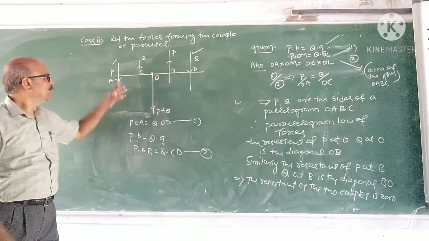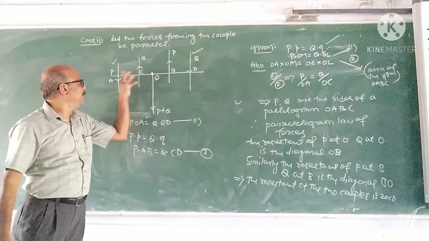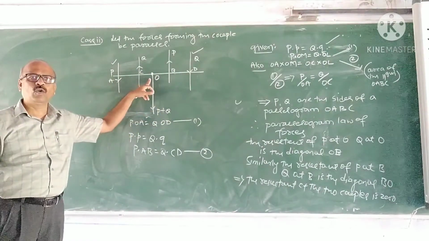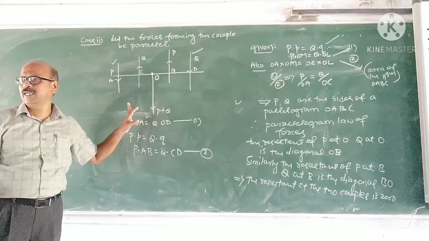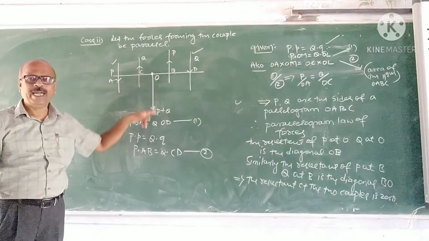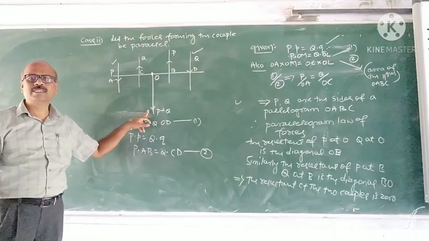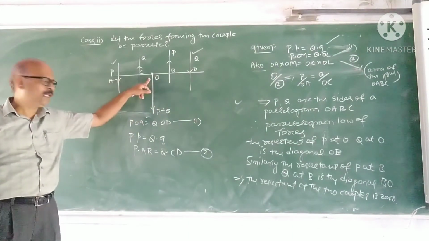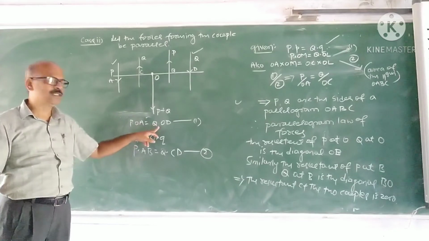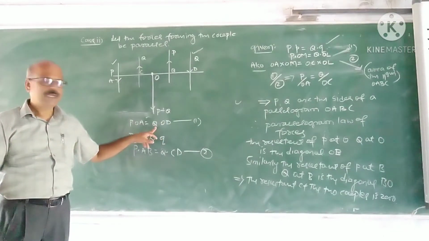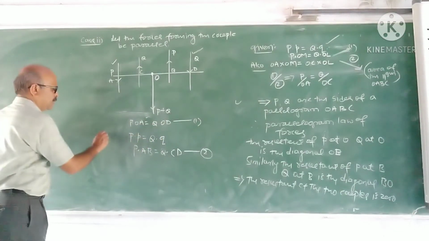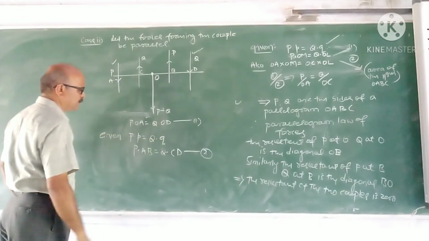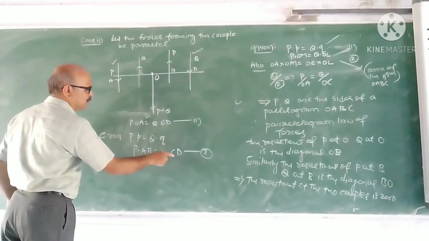Say the first thing: the resultant of P at A, Q at D, they being like parallel forces, acts through the point O in the downward direction in this diagram. P plus Q it is, acts through O in the direction of the two forces P and Q. And how is this O obtained? O is given by this: P into OA is equal to Q into OD. And this is given: P into p is Q into q. Small p is AB, q is CD.